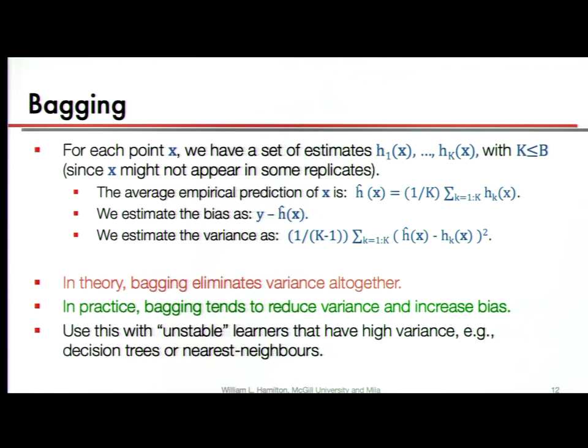So if you're doing bootstrap aggregation, or bagging, you want to use as many models as you can afford. Again, if your training set only has 100 examples, there's not going to be that many different bootstrap replicates you can make from that small data set. But still, there's no reason not to use more, and more is always better from a variance reduction view.